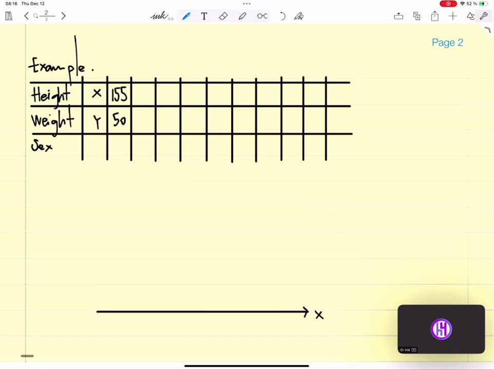So X and Y. So 155, 165, 175, 185, 195, and then